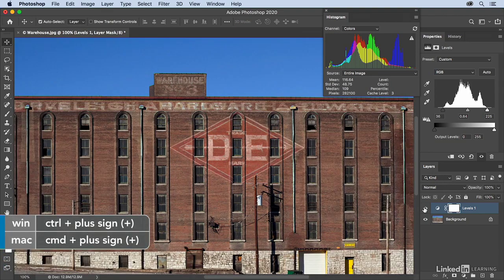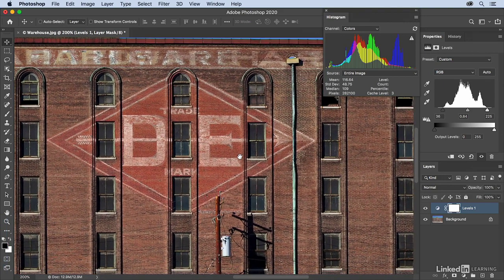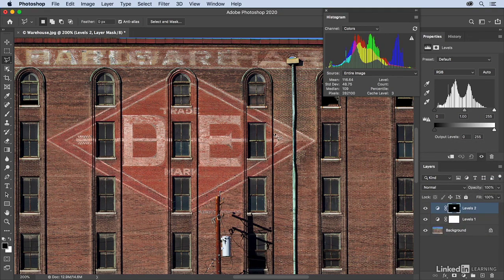Now let's zoom in. I'm going to use Command plus and then use the space bar so that we can see this sign area. Then I'll make a quick selection with my polygonal lasso tool. I'll just click on the corners here where the building's been painted. We could always go in and refine this later, but for the sake of brevity, let's say that's what we want to select. So this time when I add my second levels adjustment layer, Photoshop will automatically convert that selection